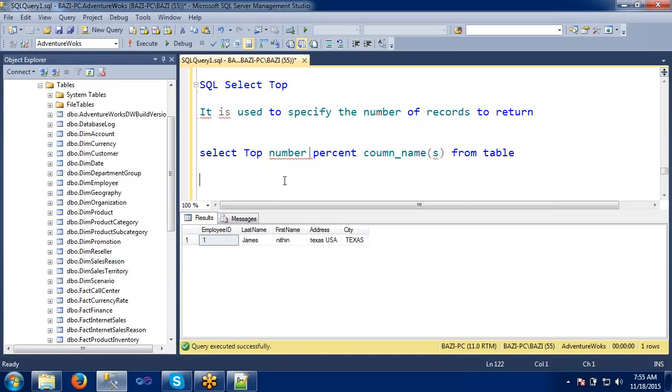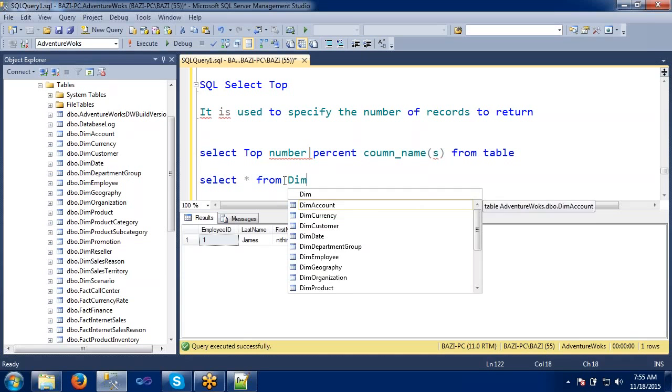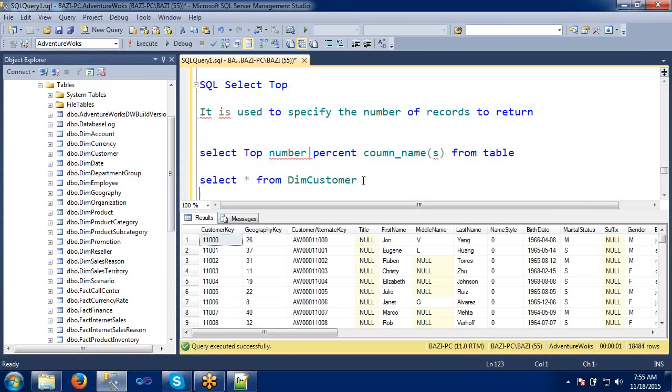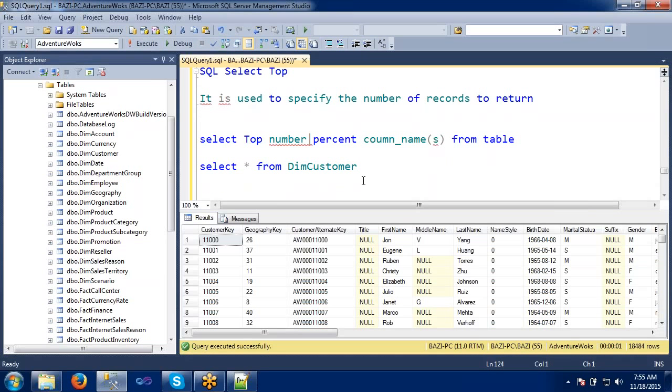Okay. Now I'm going to select star from DimCustomer. Let's see first how the data is in this. I have around 18,000 records. In this I just want to see the top 10 records. So how will I achieve that?